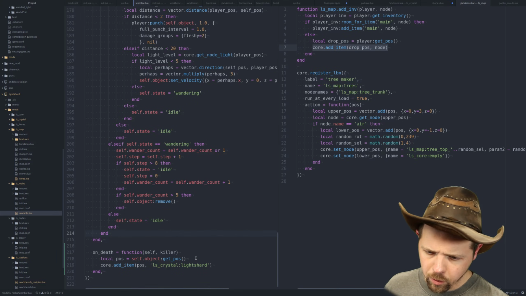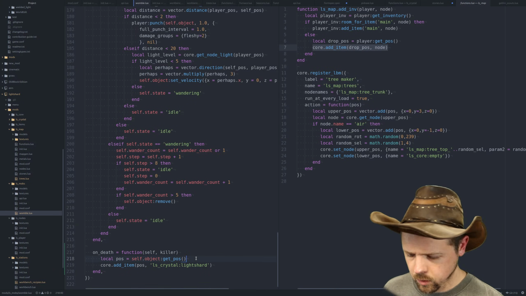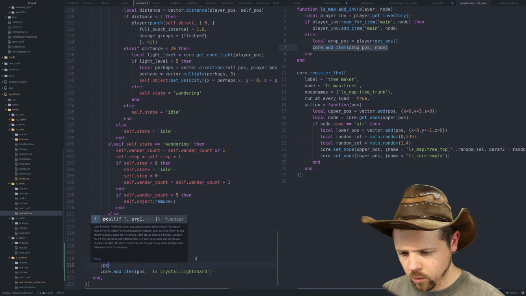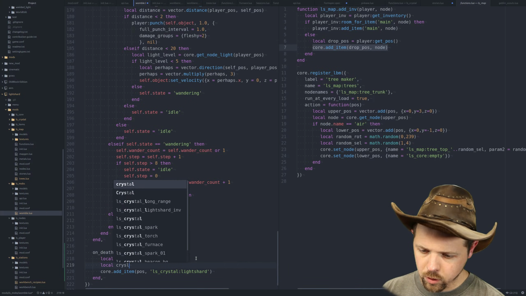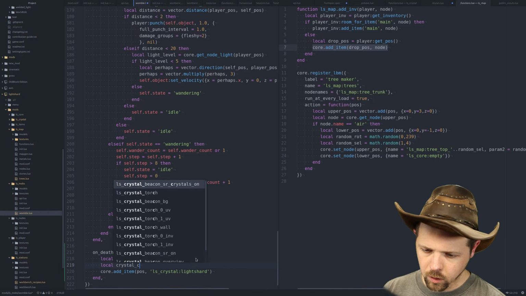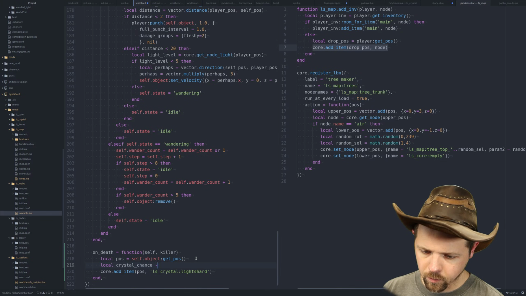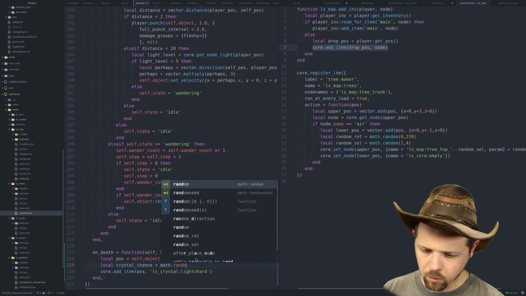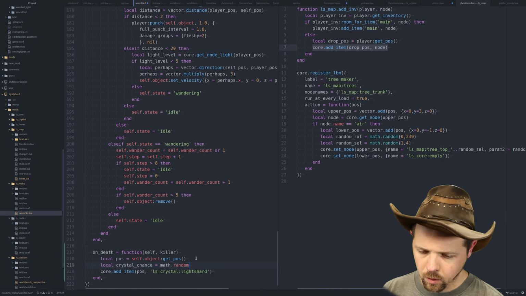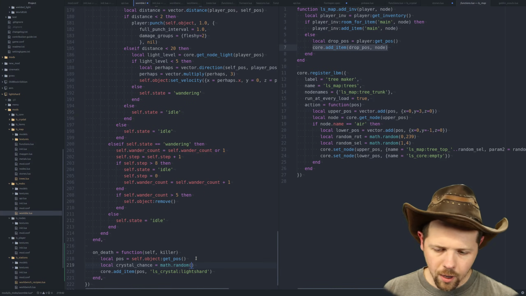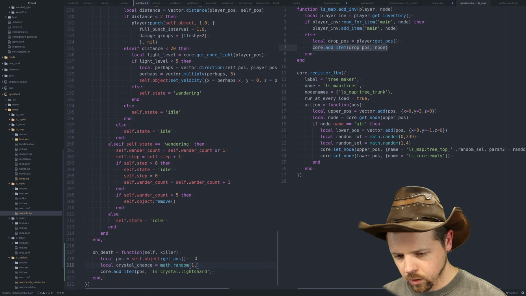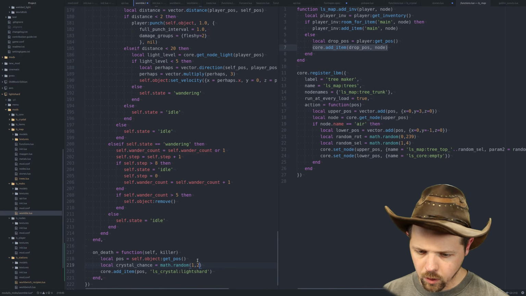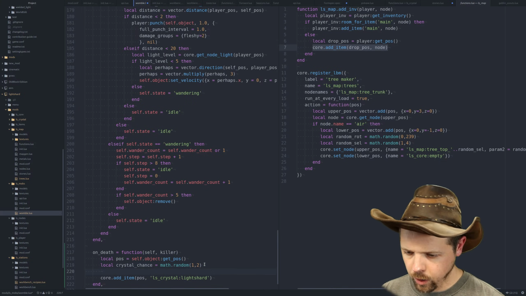So we're probably going to do local crystal chance equals math.random. What are the odds that they should drop a crystal? Like 1 out of 2? Let's just do that. 1 comma 2. And then it'll just be a simple matter of,